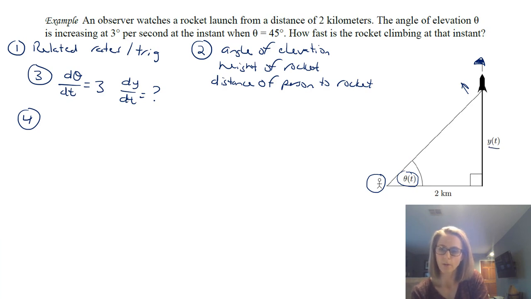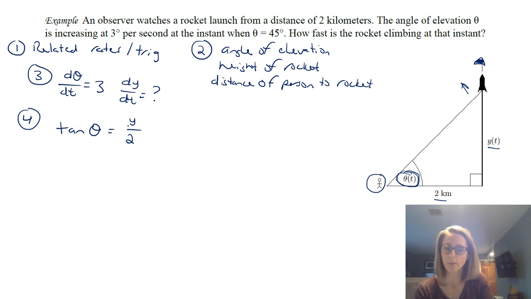So notice you have this side, and you have something about this angle. So when you think about having this angle and these two sides, you should think about what trig function you need. So understand that for that theta, you have opposite, and you have something about adjacent. So that should make you think of tangent. So you know that tan of that theta is opposite over adjacent, so y over 2.